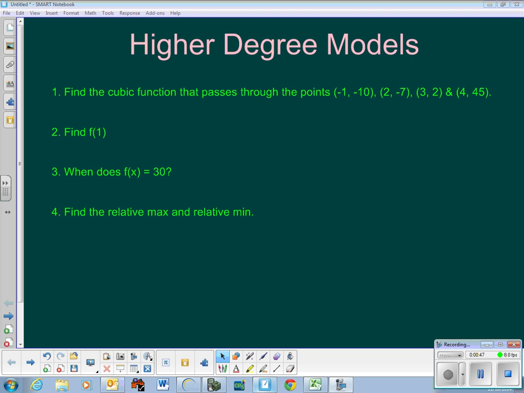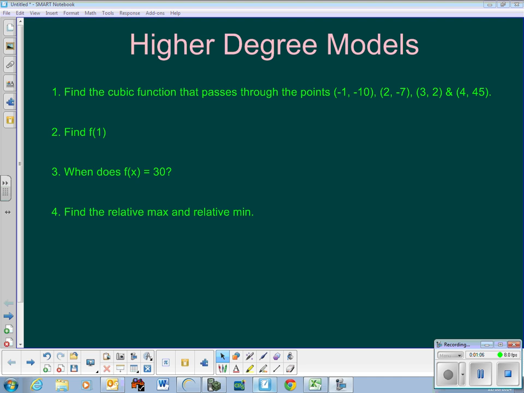meaning if I say here are 2 points, what's the equation of the line? There's only one answer. Only one line goes through 2 points. 3 points determine a parabola. 4 points determine a cubic function. There's only one cubic function that goes through these 4 points. And if we want to find that, which is my first question, we're going to use the calculator